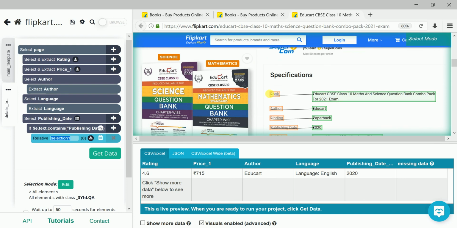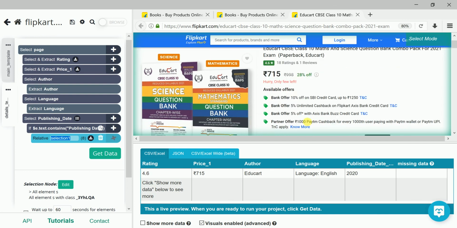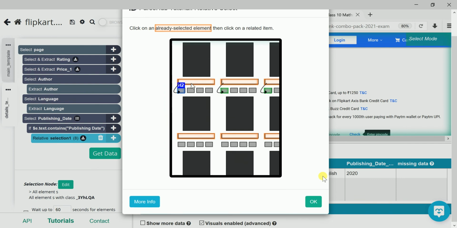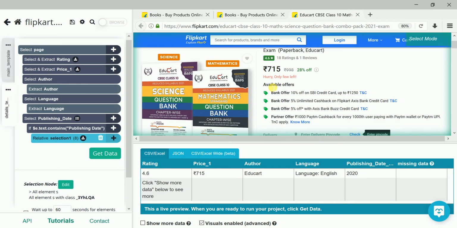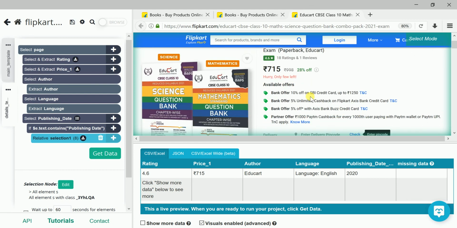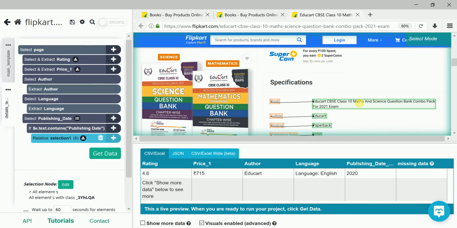See, whatever I am doing, this process happens for all the two pages whatever I have selected. Suppose if you record again similarly, you can take for relative. You can find a condition whenever the partner offer is there, I record the value, you will get the value. Or you can write a condition whenever there is an option called available. Based on the condition, you can extract anything. Okay, I hope this is clear for you.